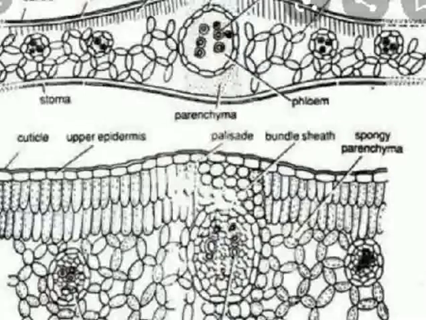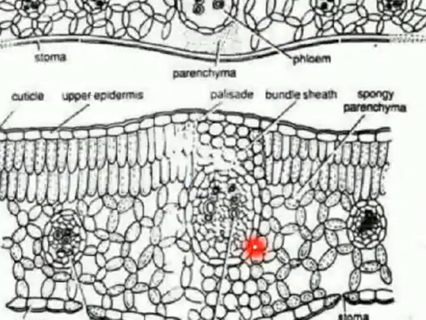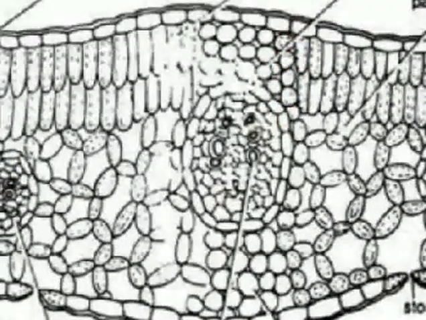Now, the monocot leaf shows variations which you can see in this figure. What is the structure of the monocot leaf? The anatomy of the isobilateral leaf. It is also called isobilateral because the abaxial and adaxial surfaces are not different. It shows some differences from the dicot leaf. The stomata are present on both the surfaces of epidermis, and mesophyll is not differentiated into palisade and spongy parenchyma. It is not well differentiated.